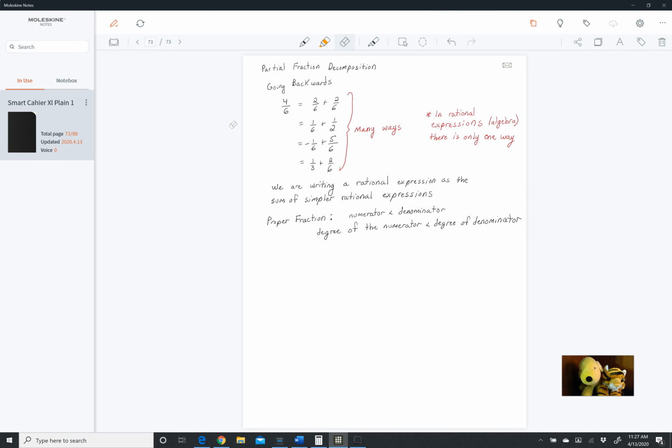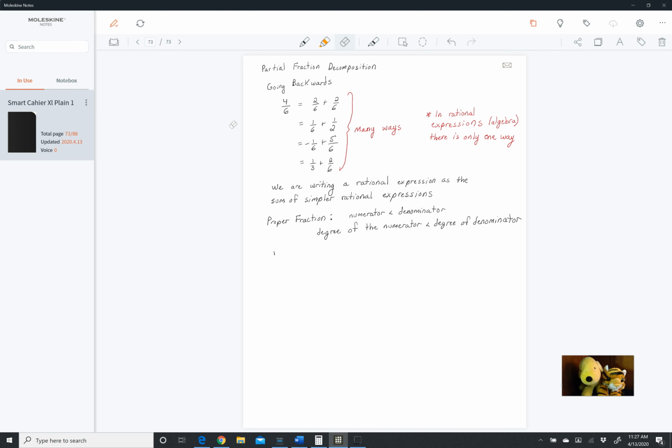So we're going to look at those first, and then improper fractions is going to be more like my telling you what the process is, but we're not actually going to do it necessarily, okay? So the first thing that we're going to do is we're going to factor the denominator. So we're going to do an example, and then as we do this, we'll give you the steps, okay? So our first step,